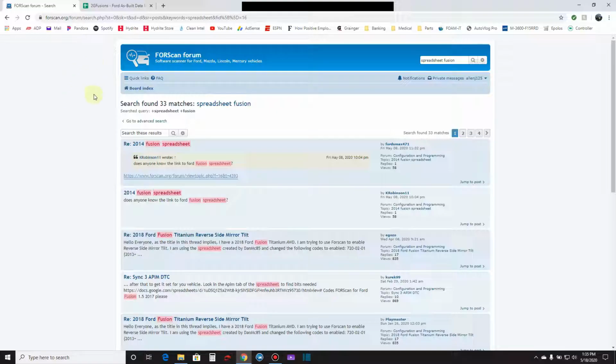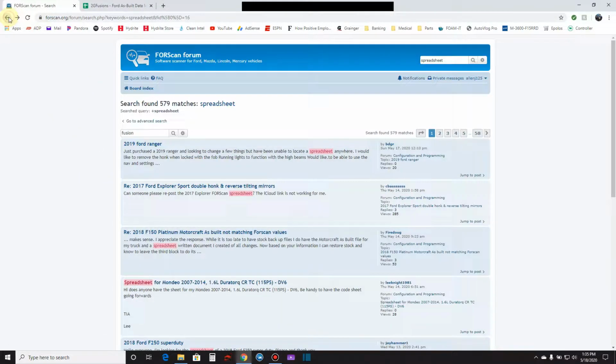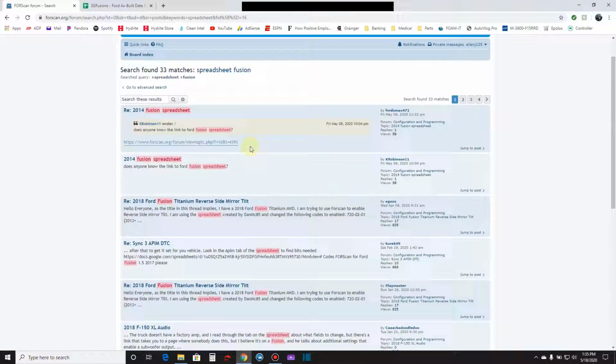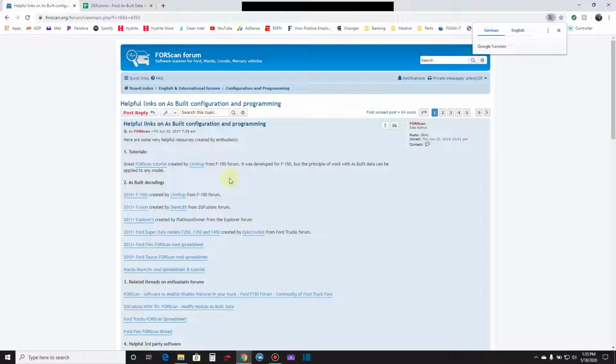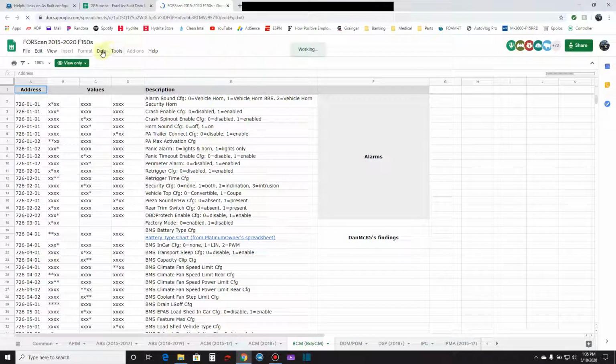So I'll do that in a little bit here, but let's go back here. Whoops, didn't want that. So Fusion. Oh yeah, okay. Go right back here, and here's the ones for the F-150s. I mean, this is what pretty much everybody tries to find right here. So let's open this one, and like I said, this one is in